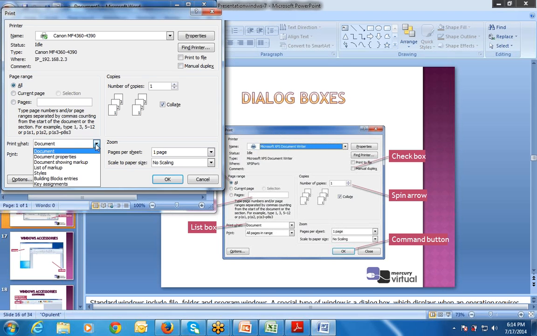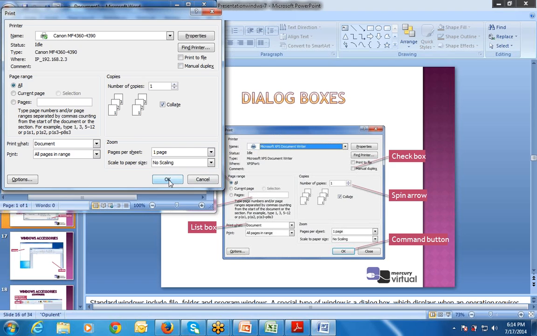So this is the option button, this is a check box, and this is a list box. Means there is a listing. If I click on this one, there is a listing. So this is a list box. And there are two check boxes. I can check this box. I can check this box. Right. Then there is a spin arrow. Spin arrow means we can change from 1, 2, 3, 4, 5, 6, 7, 8, anything. We can spin from 1 to anything. And last one is your command button.